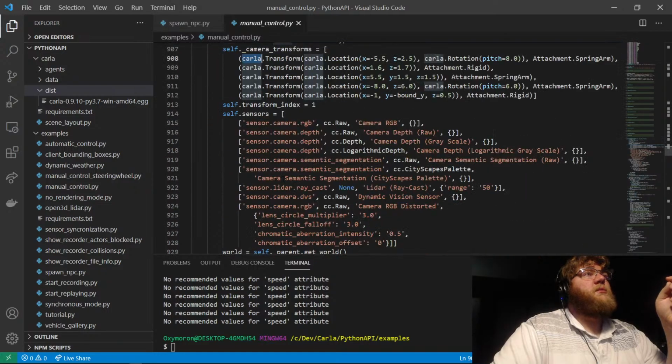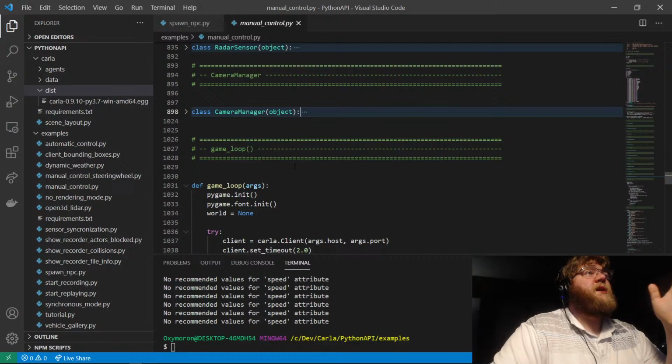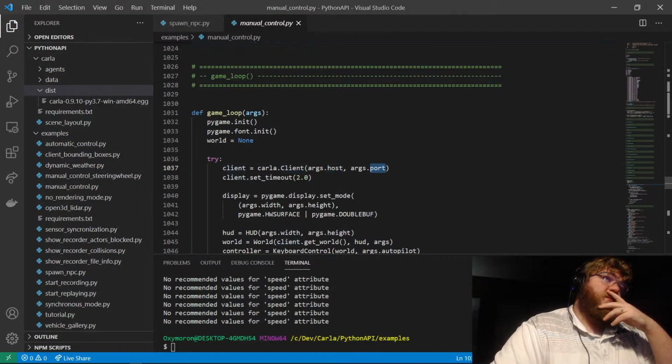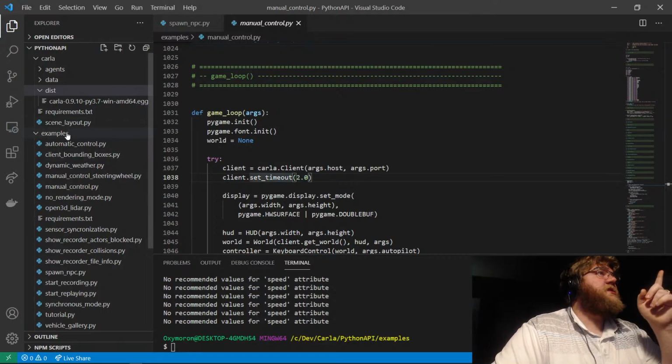I don't know where CARLA's coming from. Skip this for now. Game loop. Okay, this looks promising. Here we go. CARLA, client, CARLA, host import. Okay, so I don't know what set timeout is. So let's try this. Let's